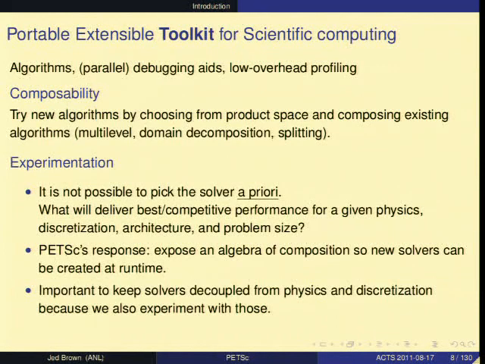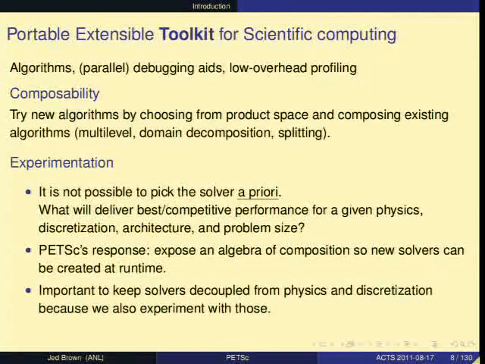We want to make that experimentation as easy as possible, preferably where you don't have to write any code to experiment. So lots of methods are available through runtime options. We try really hard to prevent needing to write code to support different classes of methods. So we expose an algebra of composition, because lots of solvers are hierarchical in one way or another, and they reuse a lot of common components.